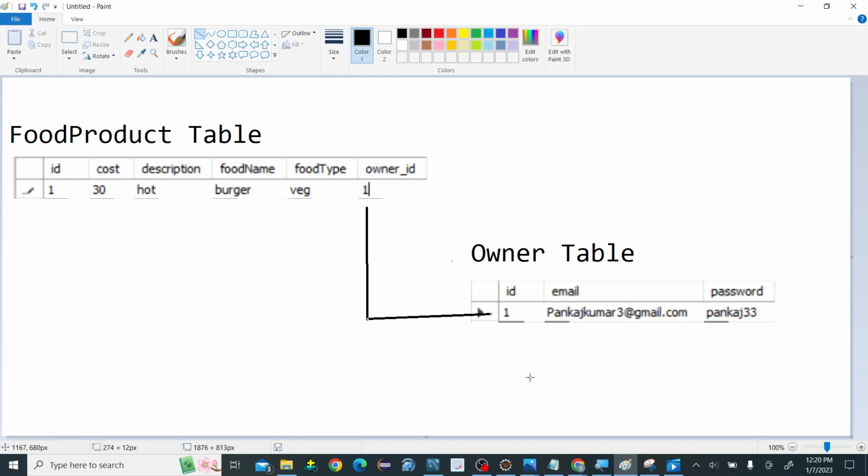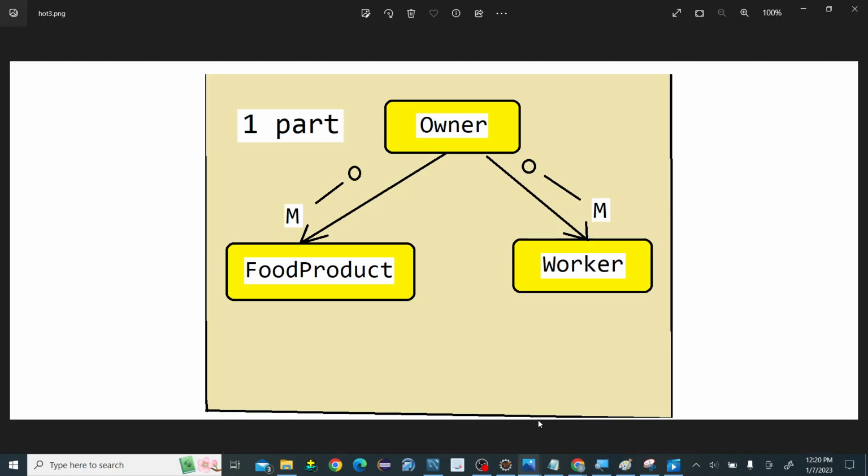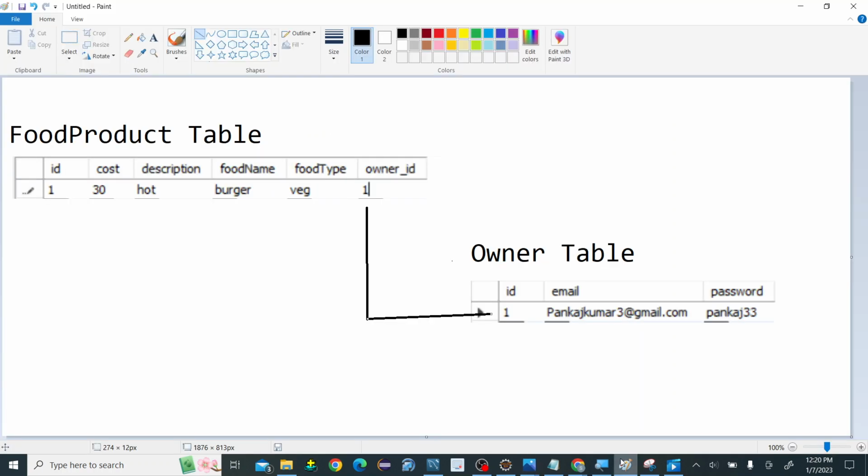So now to do this process, first our task is to look over the image and how to think about it. First, owner is having relationship with food product as well as worker. So now what I'm doing, first I will go with the food product. To create relationship between owner and food product, some other things we have to observe here very clearly. That is,